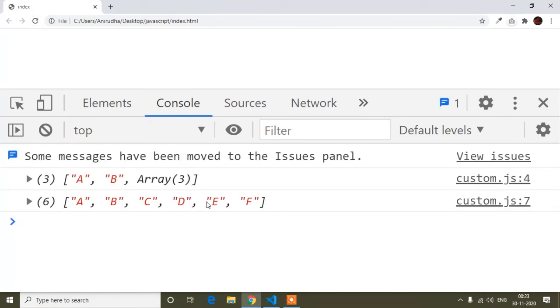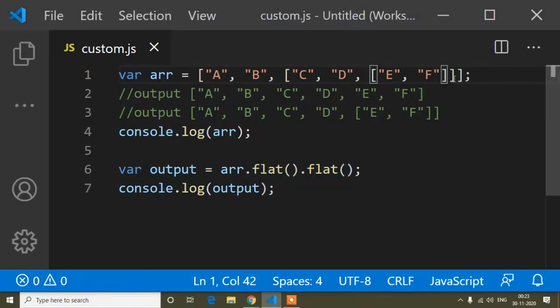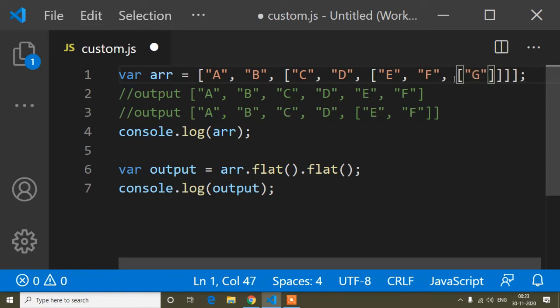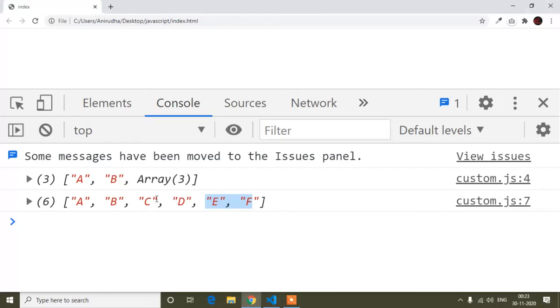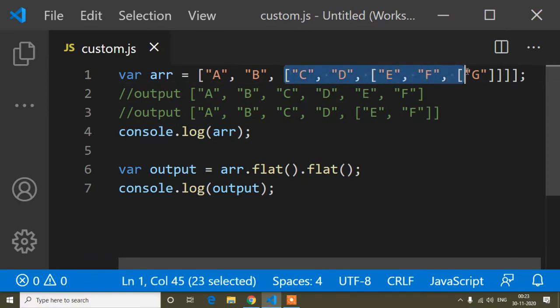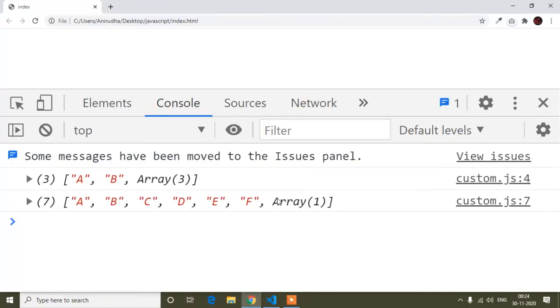But suppose inside this sub array there is another sub array like g. Now there are three sub arrays, cd, ef and g, but I used two flat methods, so one sub array remains here.